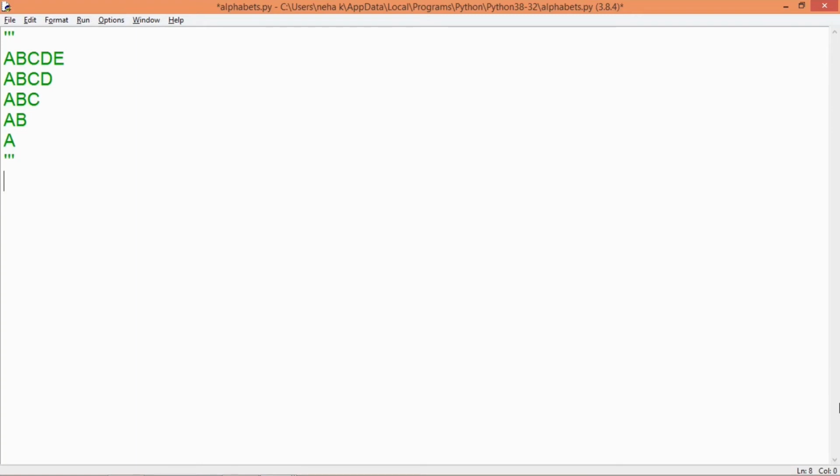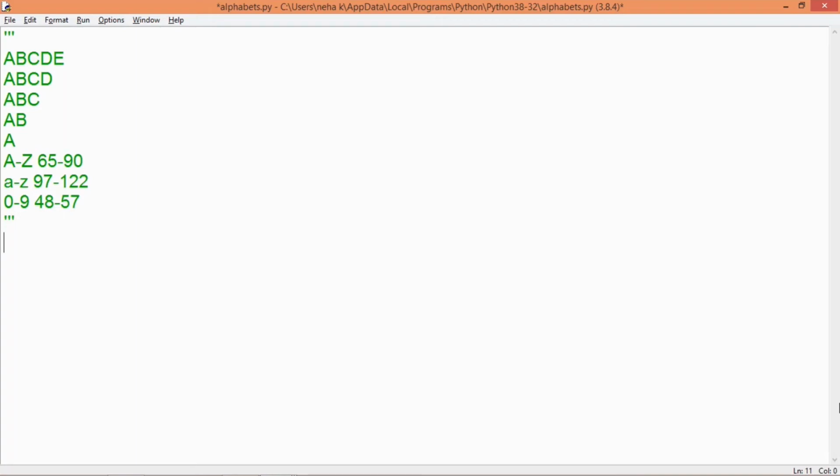So now, before I start writing my for loops, I will first tell you the ASCII codes, as we need to work with the ASCII codes to get these alphabets. For capital A to Z, the ASCII codes are 65 to 90. Small a to z, the ASCII codes are 97 to 122. Though the digits are not needed here, I would just tell you that the ASCII codes for digits from 0 to 9 are 48 to 57. Python works on Unicode, but it also includes all the ASCII codes that are available.